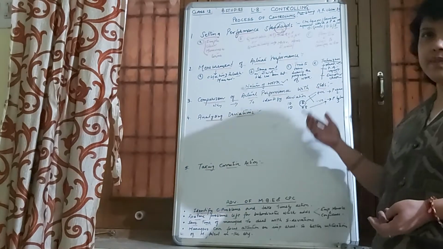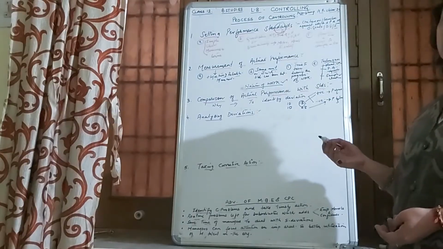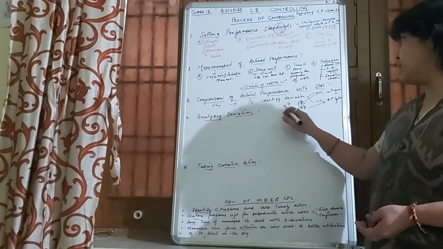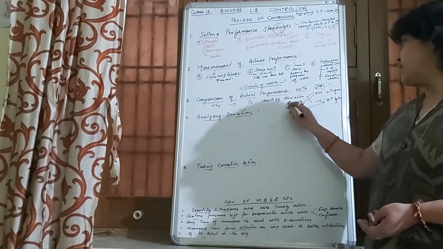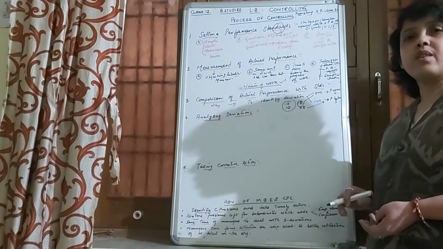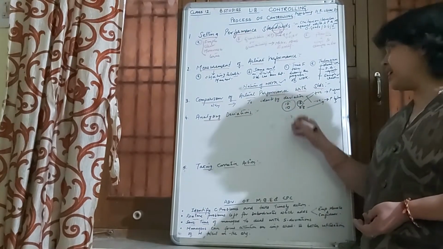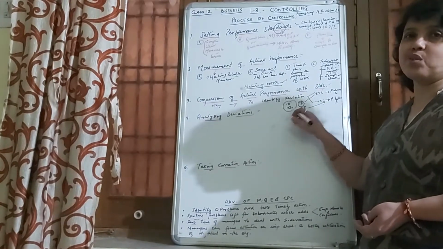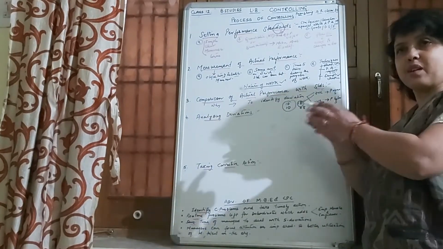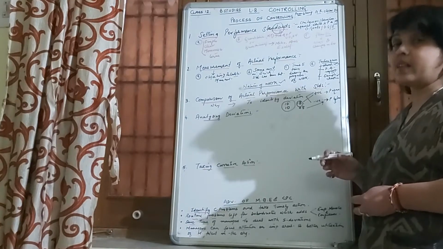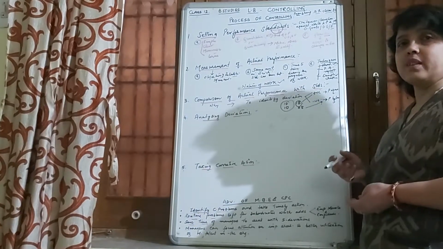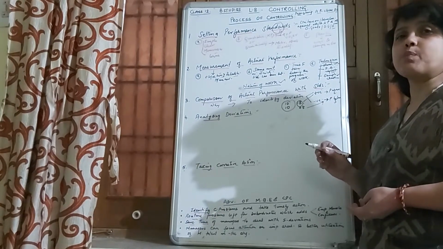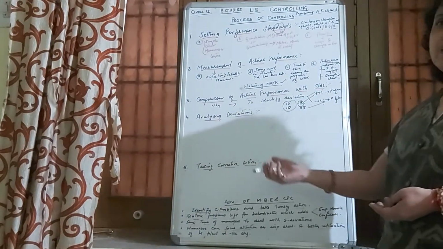So it can be either positive or negative, or it can be the same. The standard of 10 is set and the same standard has been achieved. So it can be any situation, but it has to be compared whether the actual performance is more or less